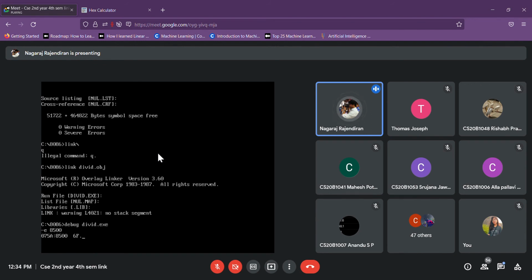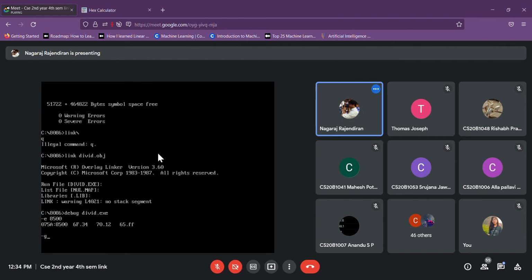In 8500, it is already having the value 6F. I am changing it with 34. So 6F is replaced by 34, space bar, then 70 is replaced by 12. So these two become the dividend. Then I need to provide a divisor. So 65 is replaced by FF. So this is my divisor. That's all. Enter. G equals